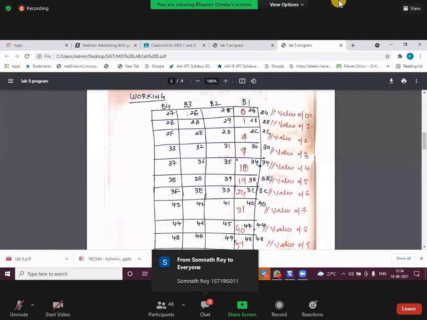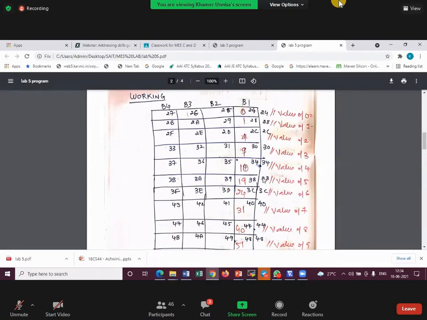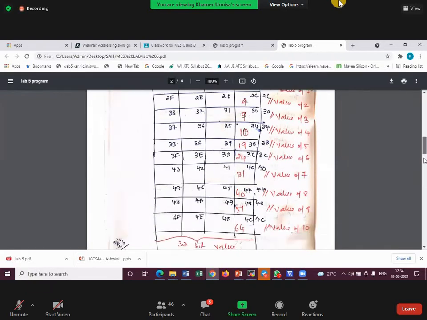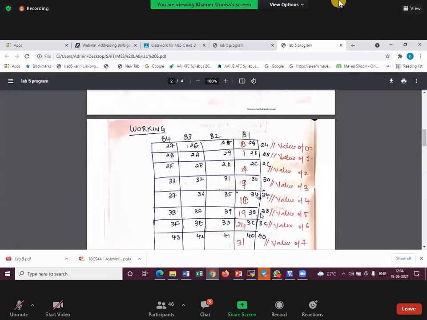Can you all see this? Yes, ma'am. Now I want to generate a logic in such a way that I generate the address here, because I don't have to perform the square. I just want to generate the address wherever the value of 5 square is located, access that address, and load this value, which is 19, the hexa value of 5 square, into some register. This is my logic. I don't have to find the value of 5 square, because it is already done and stored inside the memory.